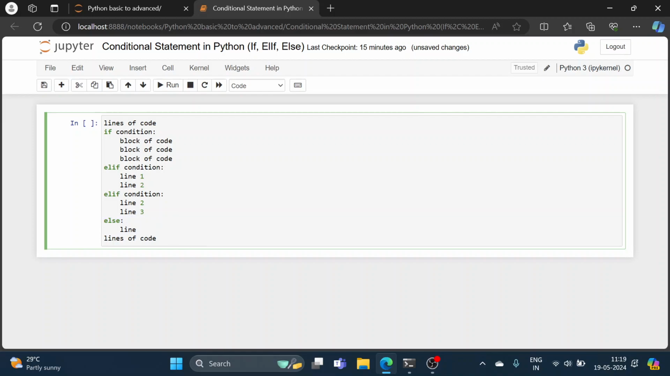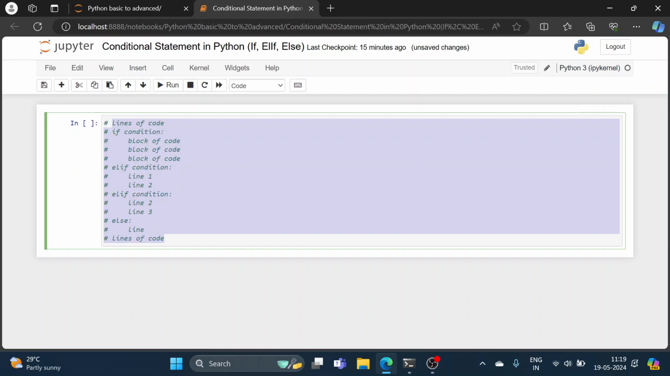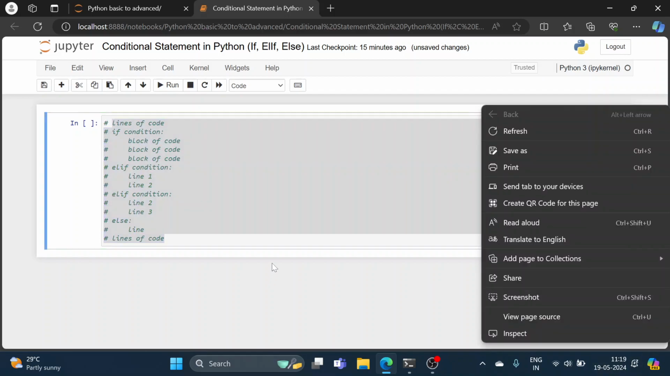Okay, so we will understand it more when we do some examples, but for now let's jump into the coding part. So now let me remove it, or let me comment it out, and maybe